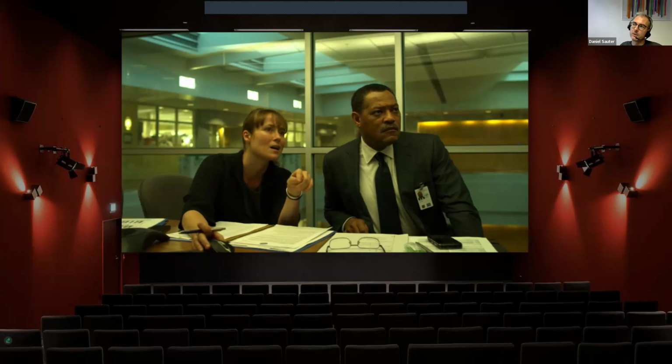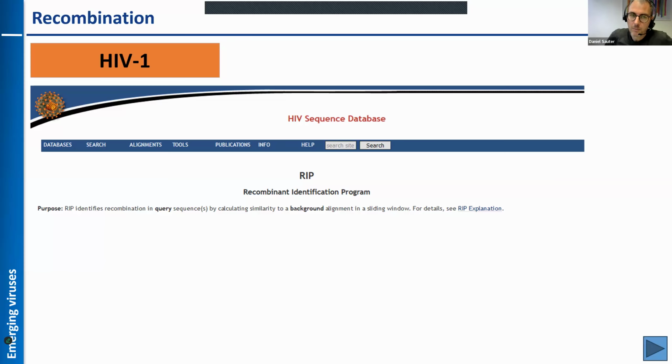Okay, so before they talked about the receptor binding and how they solved this crystal structure, they showed this so-called recombination analysis. So she talked about breakpoints. That's actually the site in the genome where the chimera was formed. And we can also easily do this online in silico. So in case of HIV, there's a nice tool that allows you to do so. Similar tools are available for other viruses. For HIV, this tool is called RIP, Recombination Identification Program. Let's just have a look at how this works.